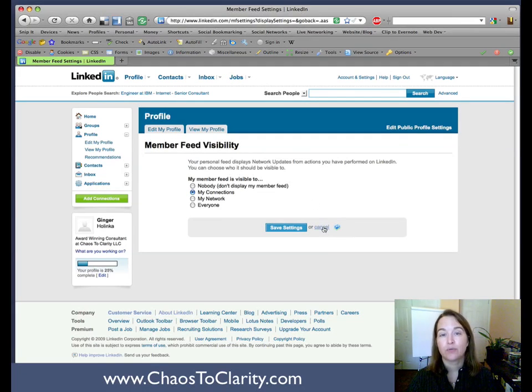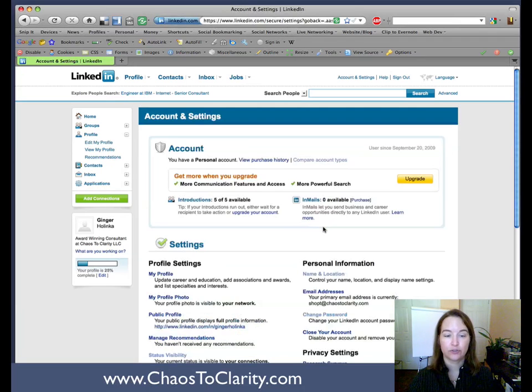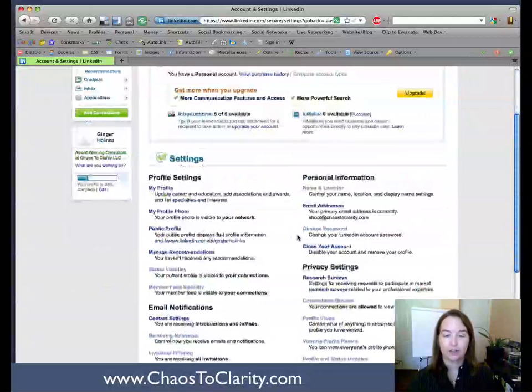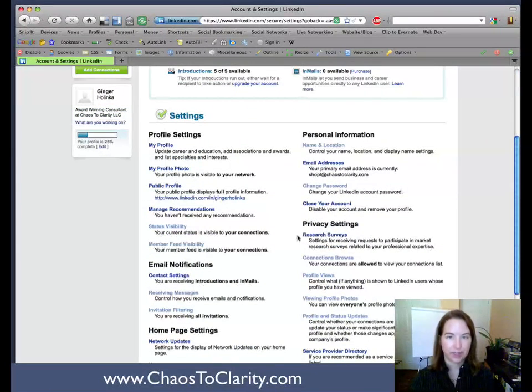So you'll decide what kind of updates you want to send out regularly. And if you're interested in everybody knowing everything you're doing, this is the way that you can let them know, and they'll know when you've updated your profile and all sorts of things like that. So you will choose that on your feed to see what they can find out about